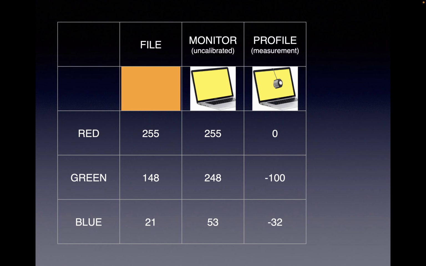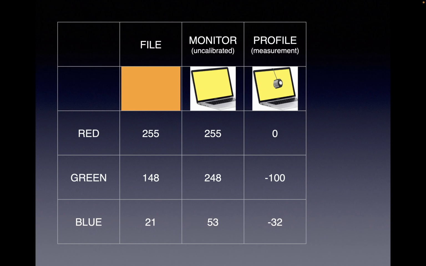So what can we do about that? We calibrate our monitor and we create a profile. This is a monitor calibrator right here, and we're actually going to go through the process of doing this. It looks like a puck that's got a lens in it, and software that goes with it. What you do is you plug this into your computer, you stick it on your monitor, and the software starts putting out colors on your monitor, and this thing measures it. This is a spectrometer. It's measuring wavelengths, so it's a pure measurement of color,